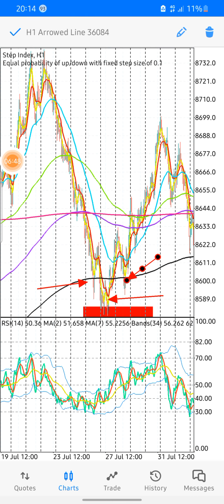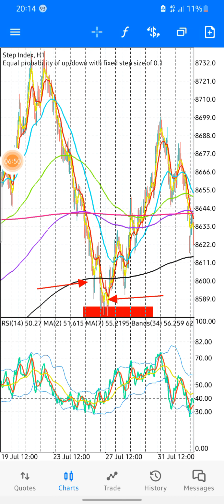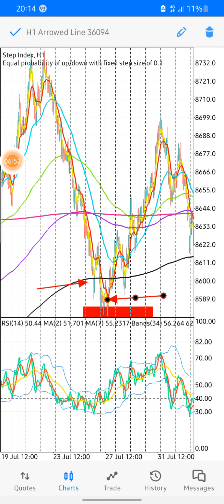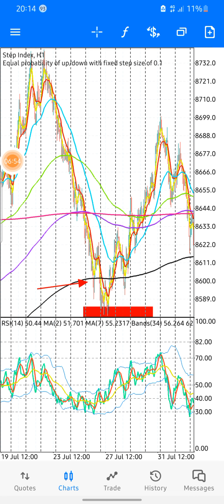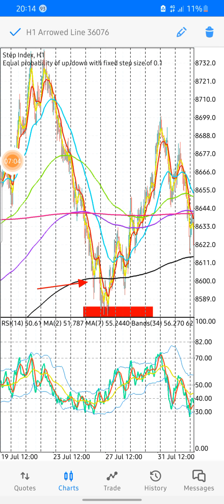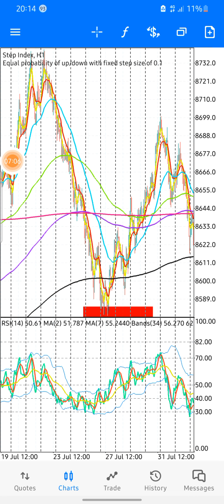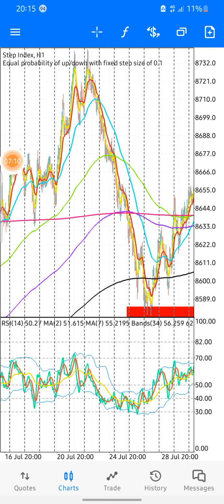Okay, let me look for another one. Mind you, I like Step Index and V25 1s. So most of the time those are the charts I will be looking at. Mind you, it is also good to specialize when it comes to forex. Sometimes you can discover some tricks about the pair you specialize in, right? Okay, yeah. Now here,